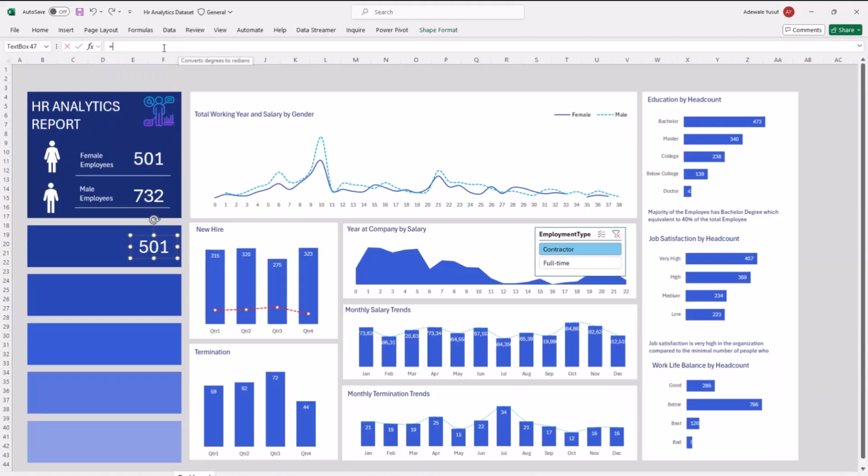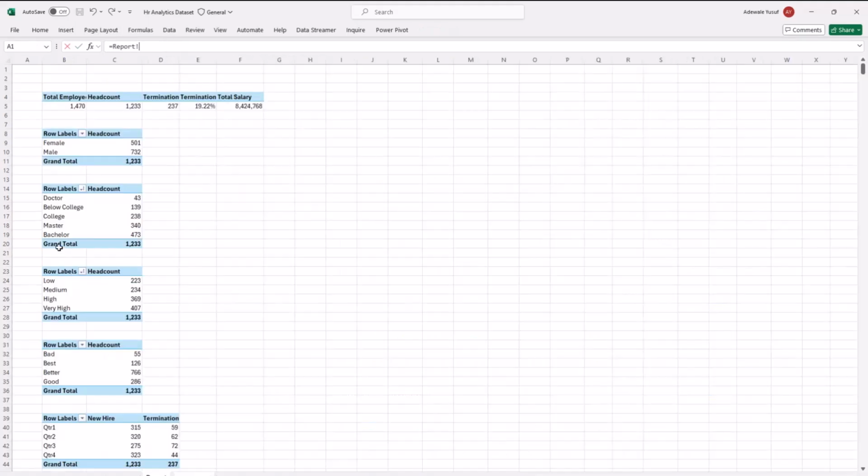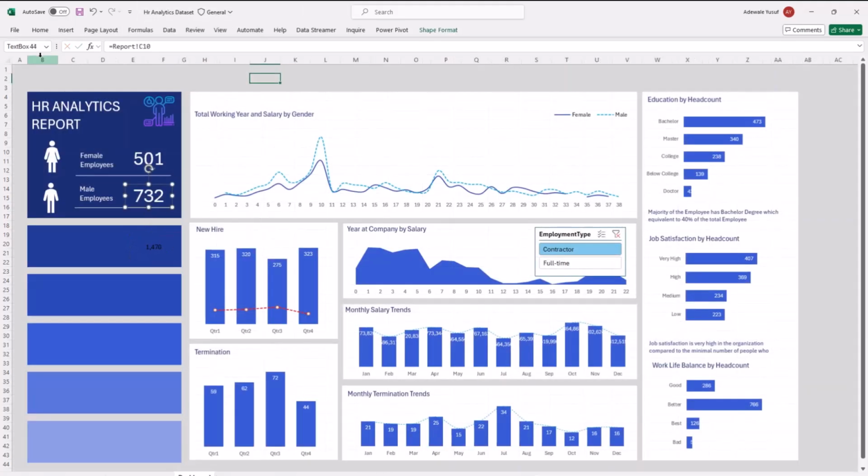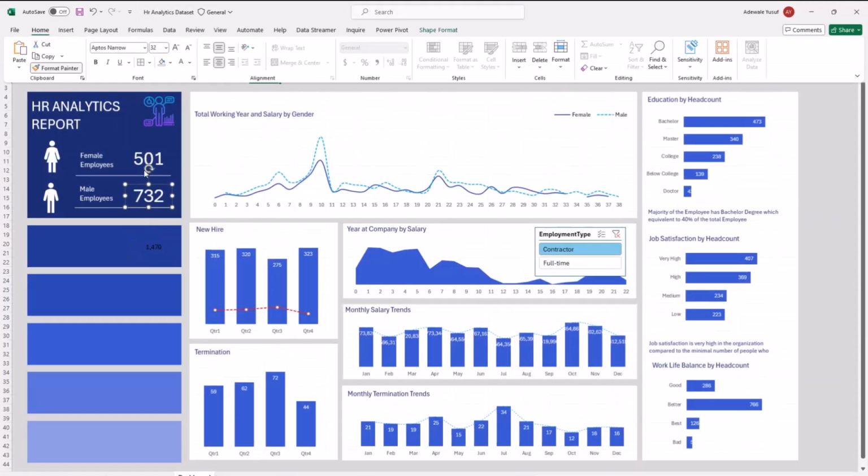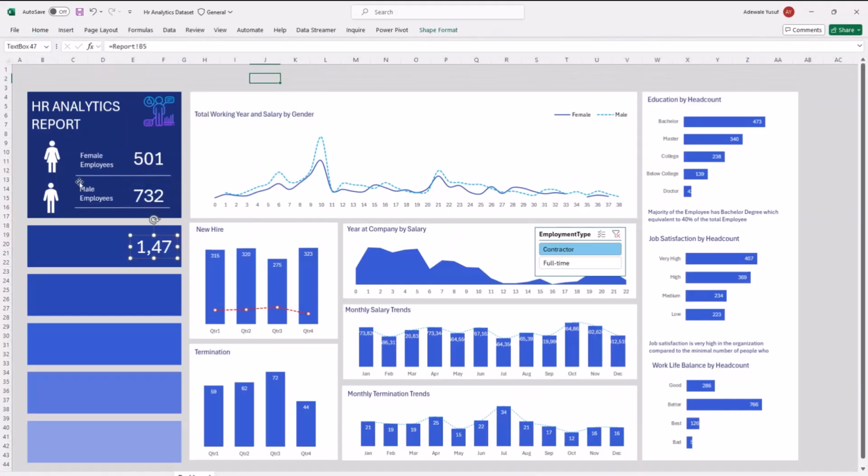The first one I'm going to select is my total employee. I'll select this, then I'll use Format Painter on it again so that the size comes bigger. Then I can copy this text box as well, put it here.